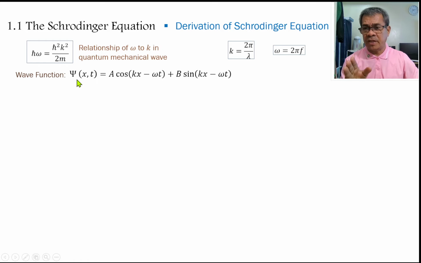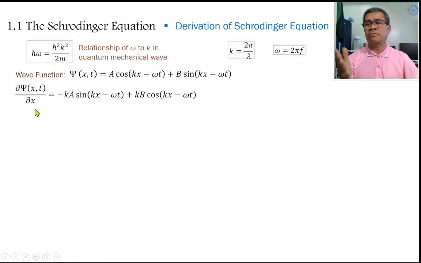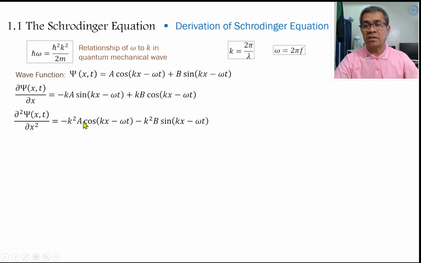Okay, now if we differentiate this with respect to the position, again, this is the result. This is the same as we did previously. Taking the second order derivative becomes negative k squared a cosine minus k squared b sine. Okay, so take note that we have the presence of k squared here. We are deriving, diba? So remember here, this is k squared. So